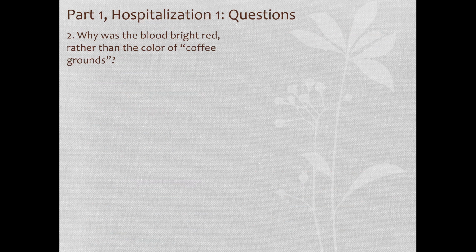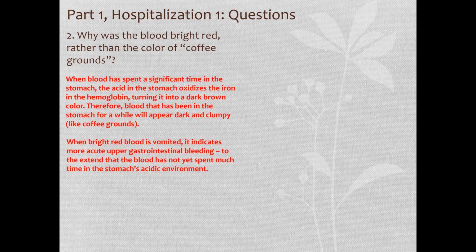Question number 2. Why was the blood bright red rather than the color of coffee grounds? When blood has spent a significant time in the stomach, the acid in the stomach oxidizes the iron in the hemoglobin and turns it into a dark brownish black color. Therefore, blood that has been in the stomach for a while will appear dark and clumpy like coffee grounds. When bright red blood is vomited, it indicates more acute upper gastrointestinal bleeding to the extent that the blood has not yet spent much time in the stomach